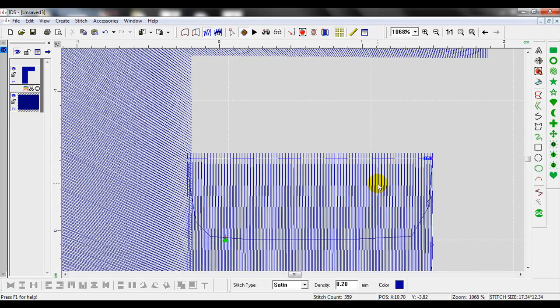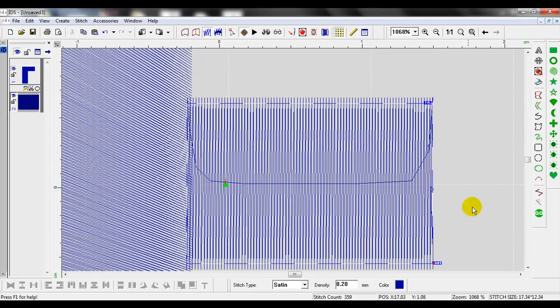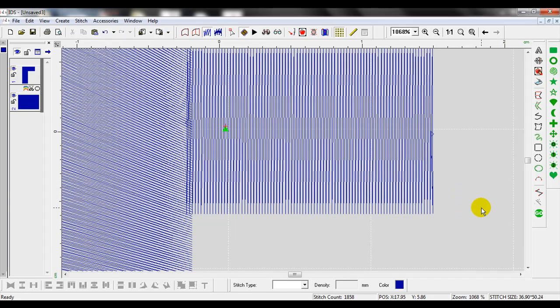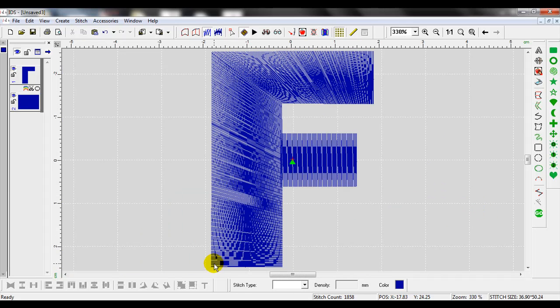Now we'll look at this one, and I see that my in and out points are on the same end, so let's take the in point and bring it over here. When I look at this design, I see that it does need to have some capped ends: one right here, one right here, and one right here. I would create the capped ends just like I did with the other piece, the eye that we did. Now one more thing